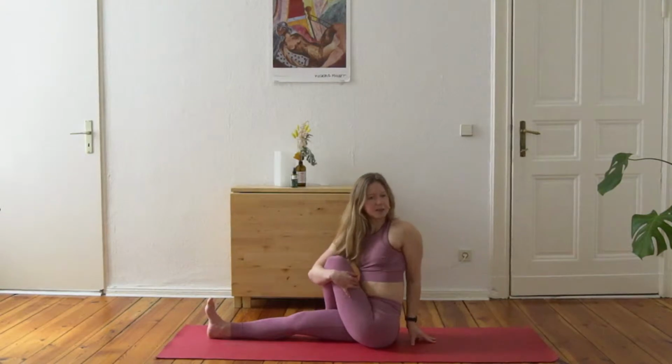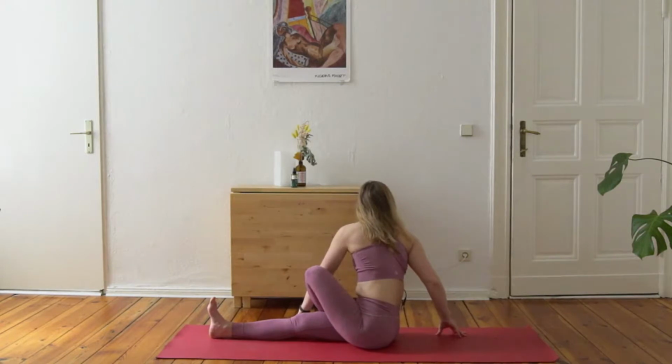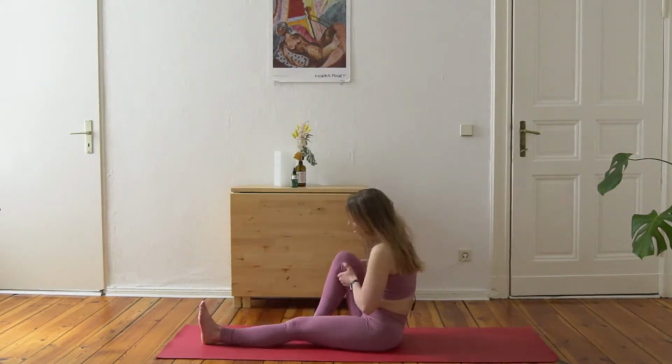Inhale to sit up a bit straighter here, really press down through the left hand, and exhale. Inhale back through center and rotate towards the left, towards the right. Inhale, come back through center, extend the left leg, and then bring your right knee in, plant the foot on